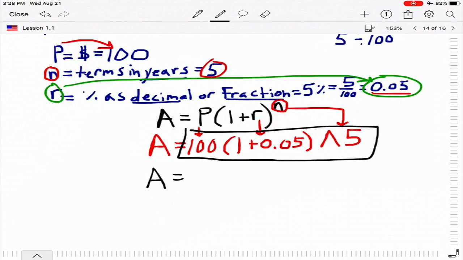Start from after the equal sign and plug it in exactly the way you see it. So the first thing you're plugging in is 100 in your calculator. Then you're opening up the parentheses. Then you're doing 1 plus 0.05. You're then closing the parenthesis. Please don't forget that. The parentheses do matter. Closing, right? And then you're going to do caret top. And then you're going to put 5. And then you're going to hit enter. And you're going to get a crazy number, which is fine. And you get